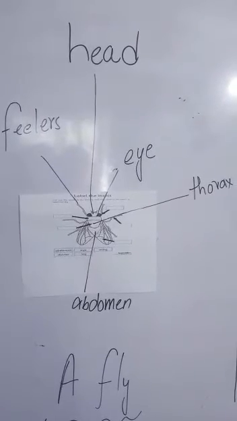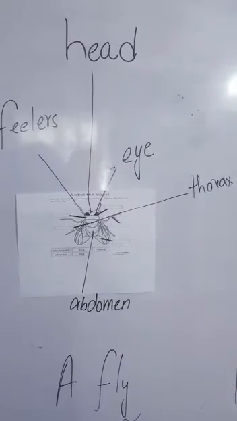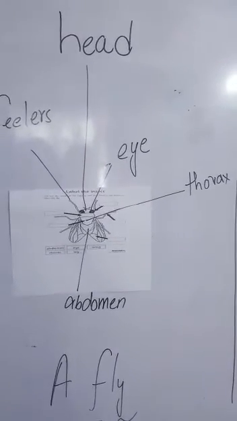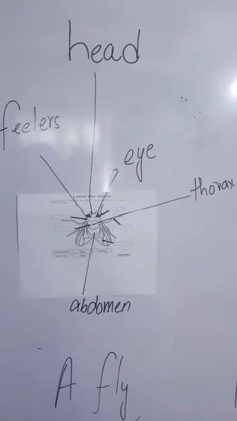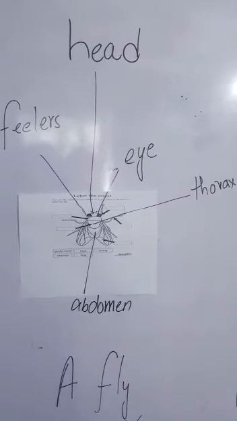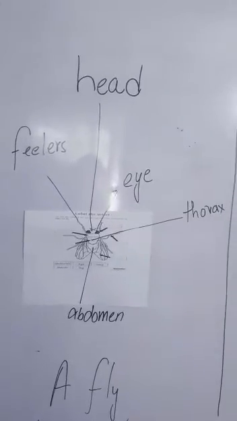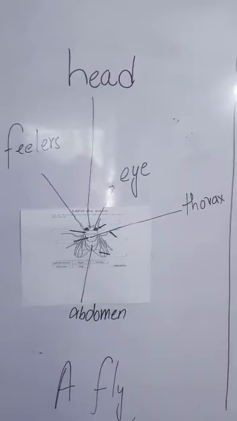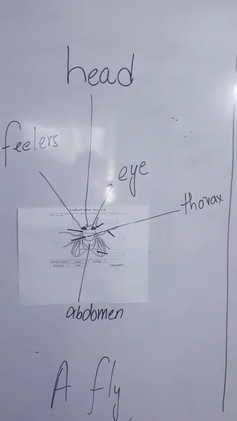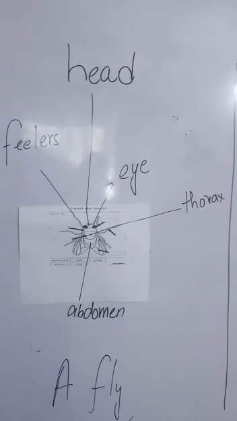The last part of the insect body is called the abdomen. Yes, in this picture you can see that the lower part of the fly is called the abdomen. It contains all the organs and working parts of the body. With this abdomen, it has all the organs of the fly which the fly can use for walking, they are attached with it.